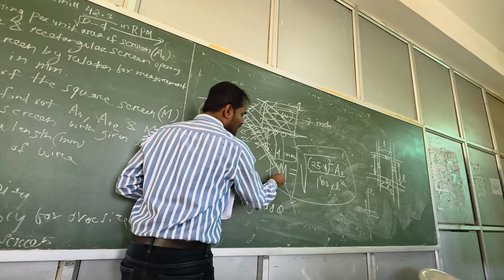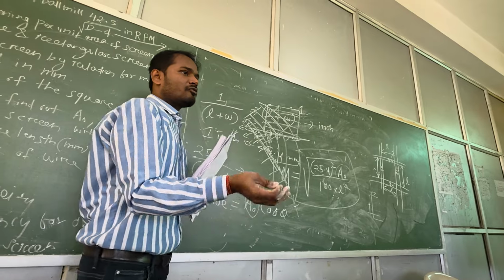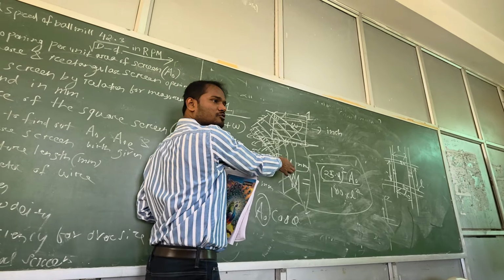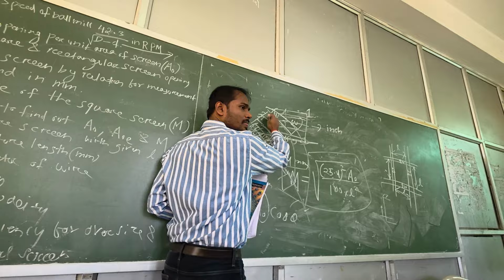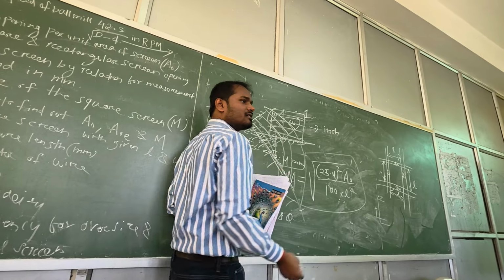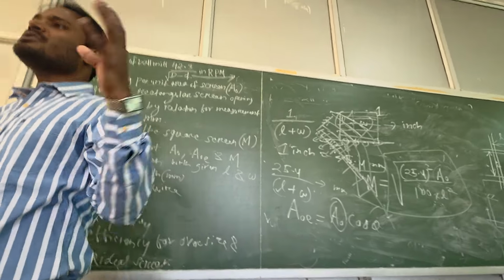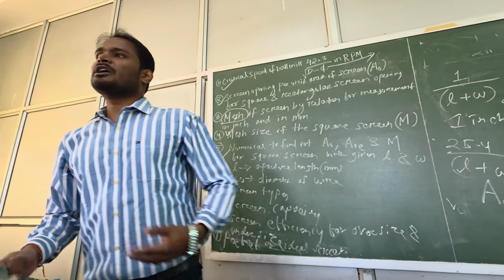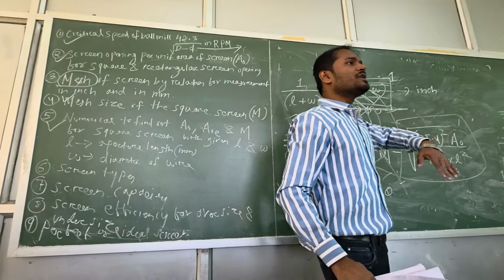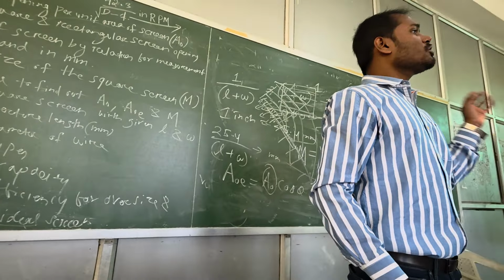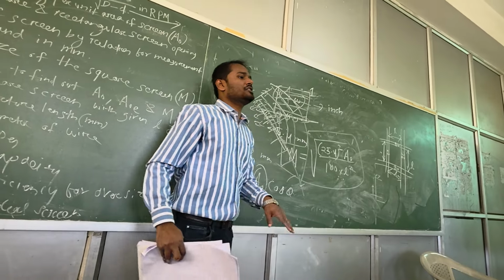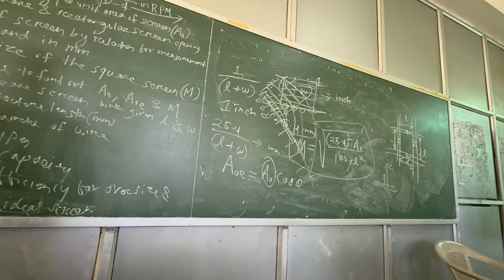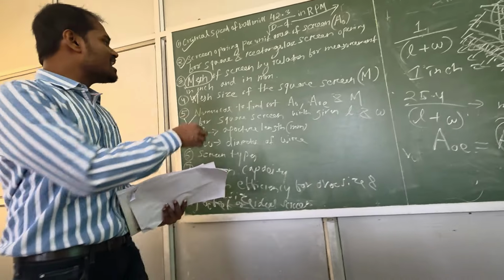So every layer is interacting with the openings of the screen. If this is inclined, you understand my point? Successive layers will interact, so screening will be better, of course. So the more the interaction of your particles with the screen opening, the better the screening will be. So that's why even if the number of openings in the inclined condition is less, we still prefer the inclined condition. Is it fine up to this? Okay. The last, can you find out the mesh?